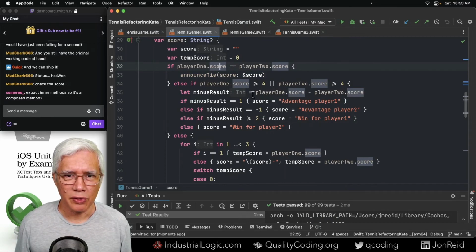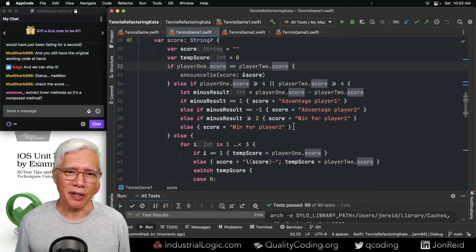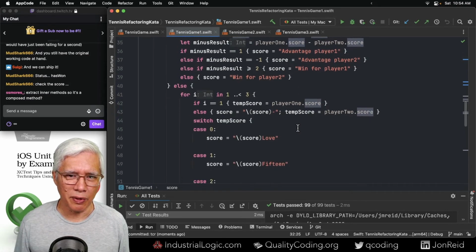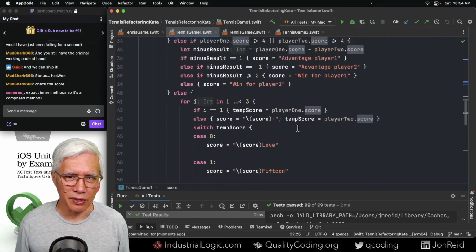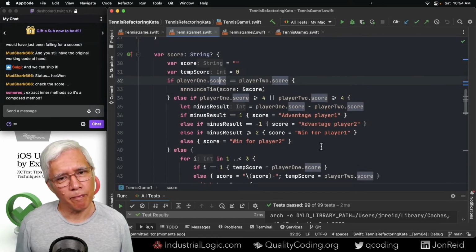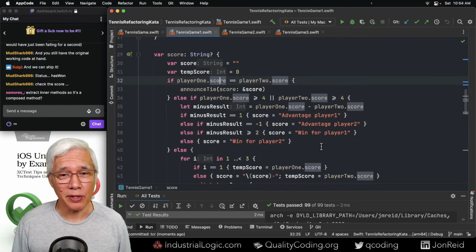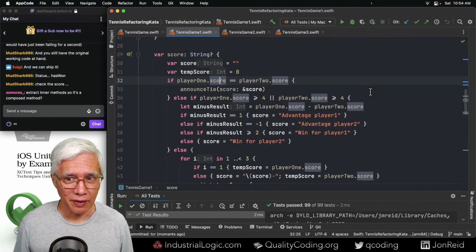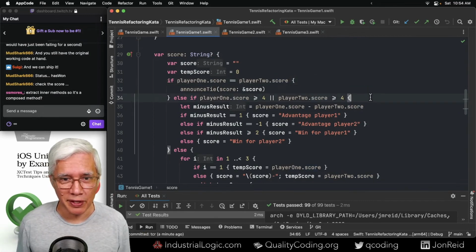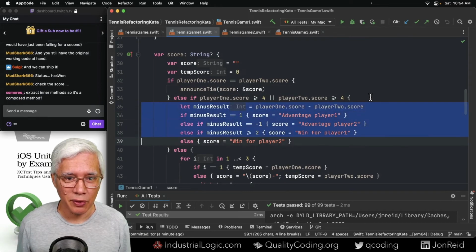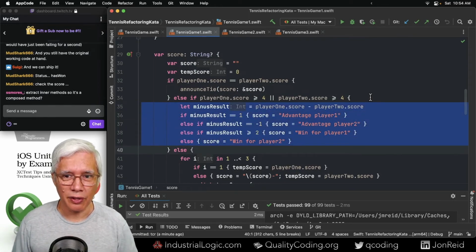If player 1's score is greater than or equal to 4. So this is when you have to reach so many points and then somebody needs to be ahead. Otherwise, it's regular announcing. So there are probably good terms for these. If you know tennis, speak up. Otherwise, I'm just going to go ahead and extract this and call it